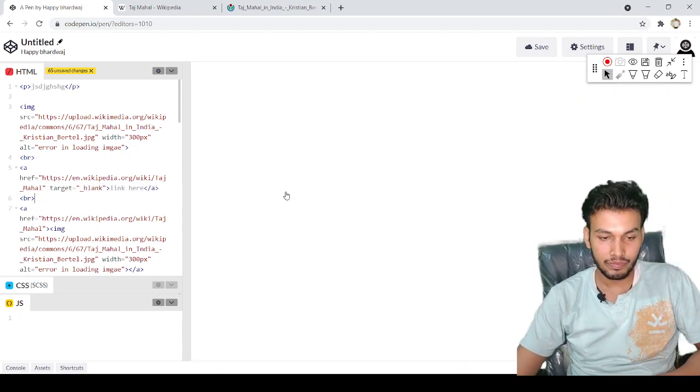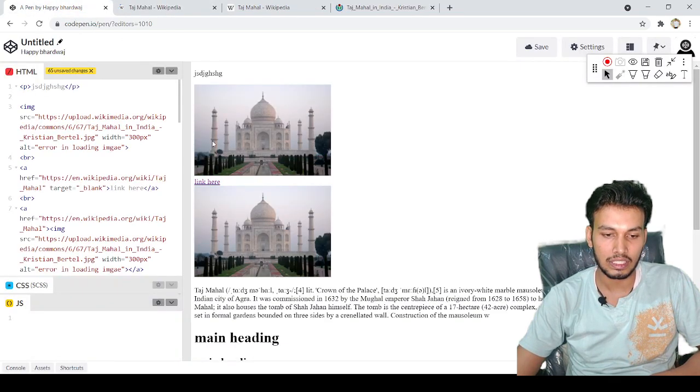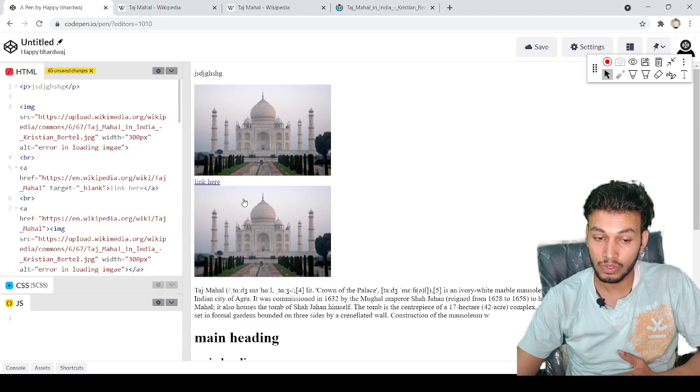If I click on this link, it's going to open this link in a new tab. You can see it's opening this link in the new tab. So with target _blank, you can specify whether you want to open that link within the same tab or in a different tab. _self is the default value, because by default your